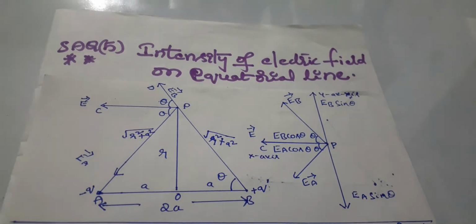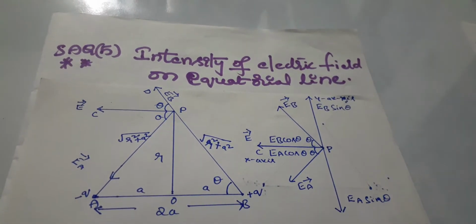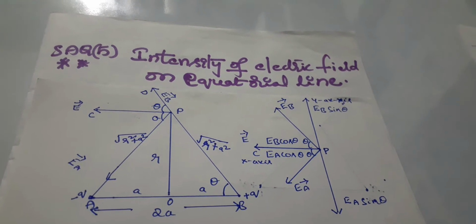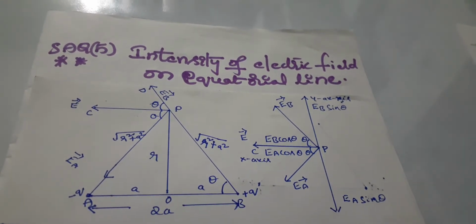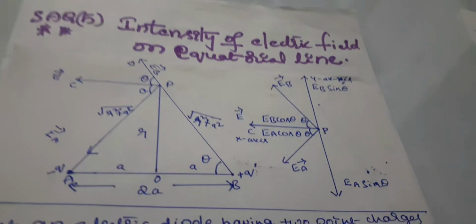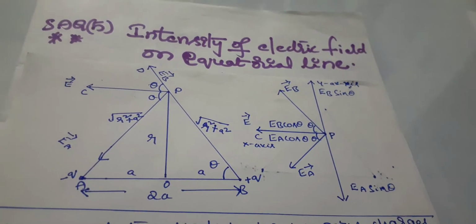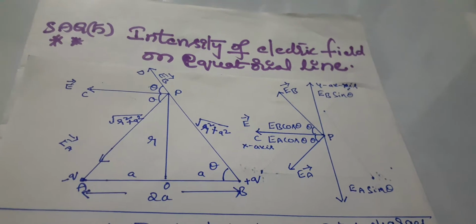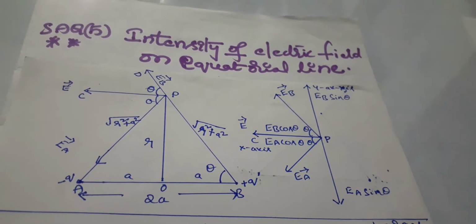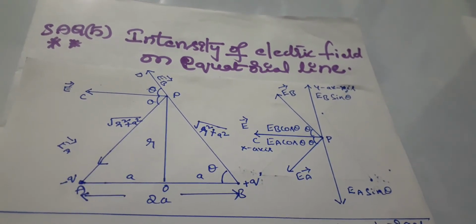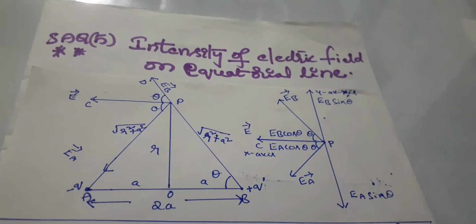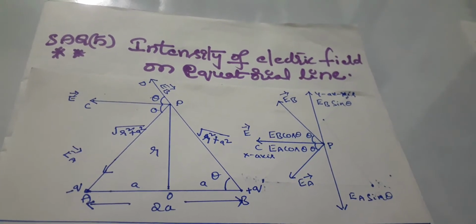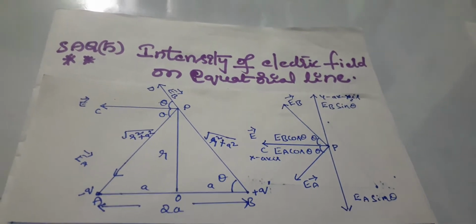Similarly, the intensity of the electric field acting at P due to minus q is acting in the direction PA. So there you can see the downward direction. So here it is written E bar A. So E bar A is the intensity of electric field at P caused by minus q in the downward direction, and E bar B is the intensity of electric field at P which is caused by plus q acting in the upward direction, that is P to D.